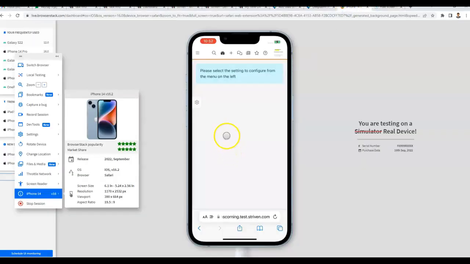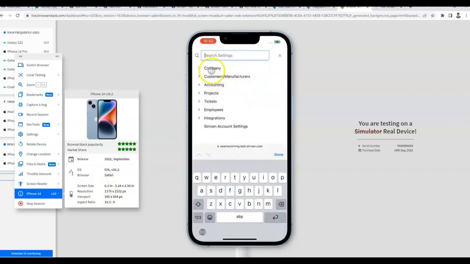Hi Rick. This issue is on Android and iOS devices. So currently I have an iPhone 14 Safari browser. Now here I'm opening the lead forms,